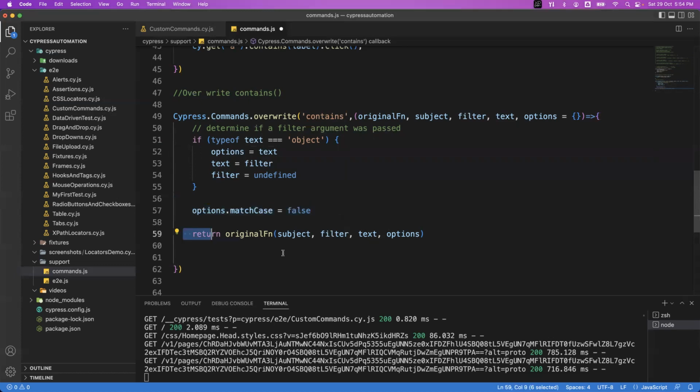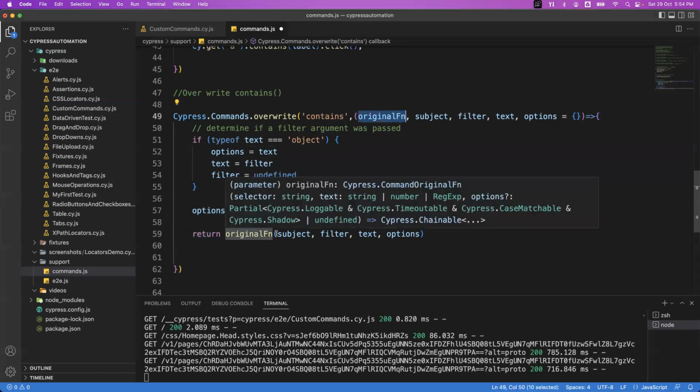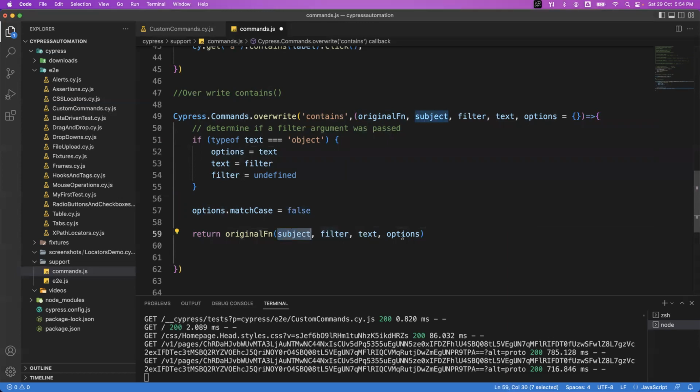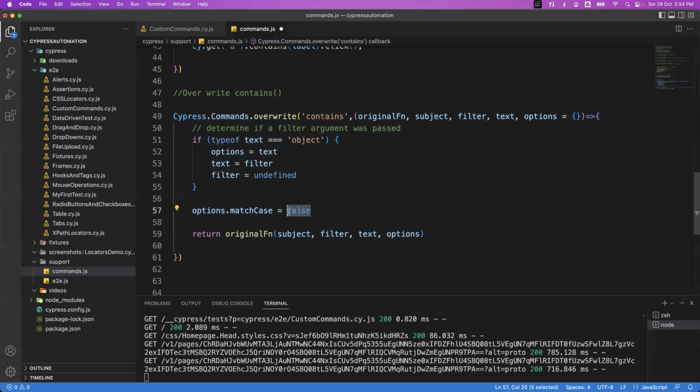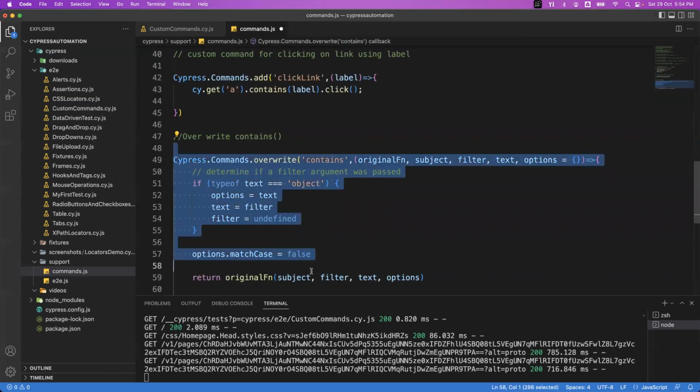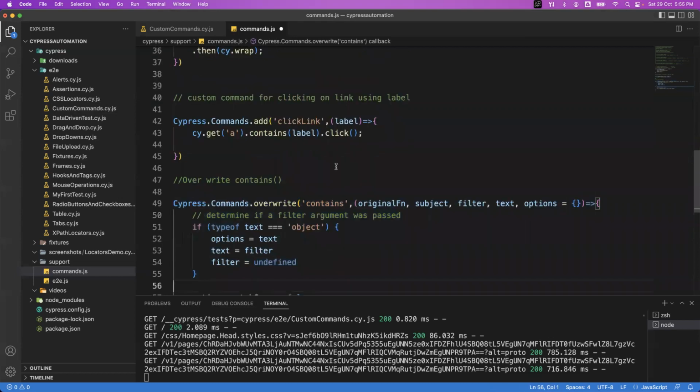And finally, we are returning the original function by passing the subject, filter, text, and options. So this is a way we can override the existing command. In the original definition, options.matchCase is true. But now what are we doing? We are rewriting the same function implementation again, but we are making this match case false. Okay. So now what happens once you override this contains command, then whenever you call the contains function, when you